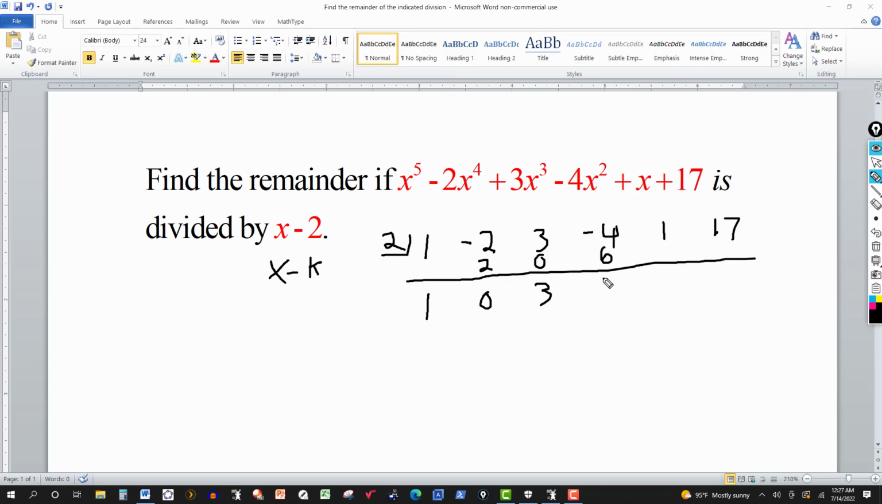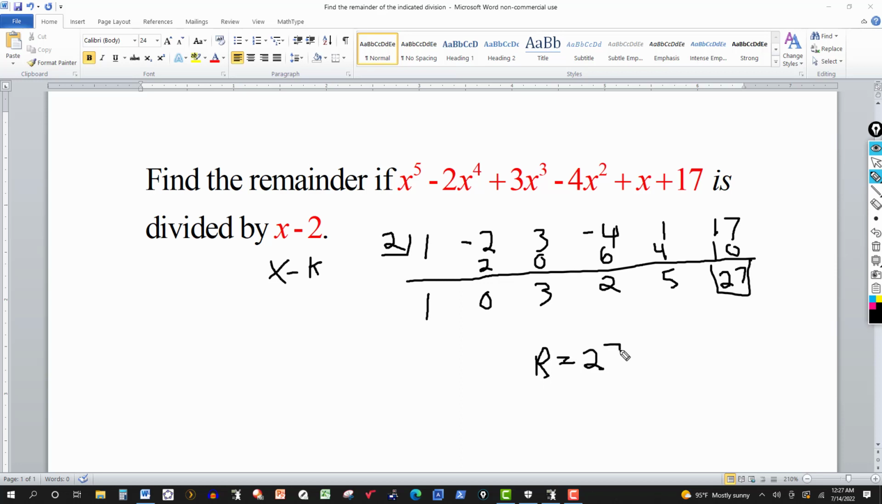Negative 4 and 6 is 2. And then 2 times 2 is 4. Bring it over to the next column. 1 and 4 is 5. And then again, 2 times 5 is 10. Bring it over to the last column. 17 and 10 is 27. That's your remainder. So again, the remainder